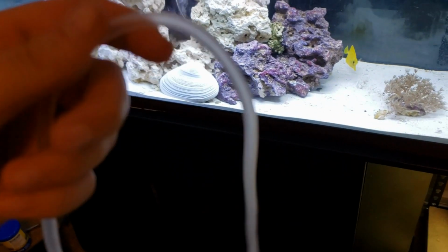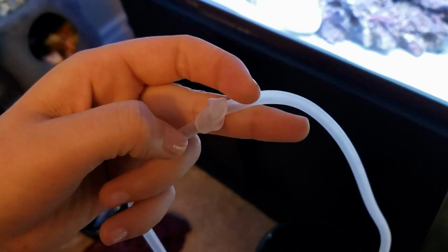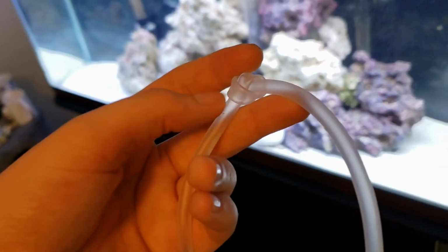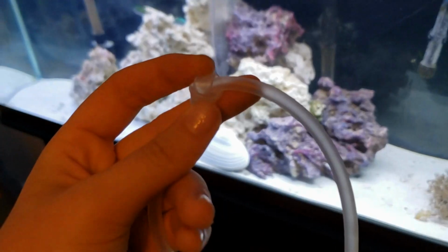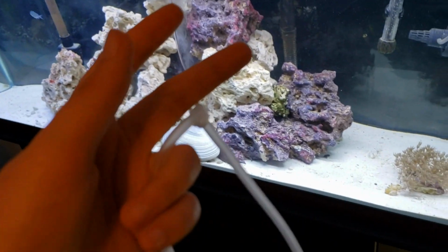So to start the drip method, you basically want to get a tube. So what I like to do is I like to grab a piece of tubing, just like airline tubing, and then I will make a knot in it. So then it's basically going to look like this, and the purpose of doing this is basically not all of the water will be able to flow through here, so it's going to create the quote-unquote drip method, which will,